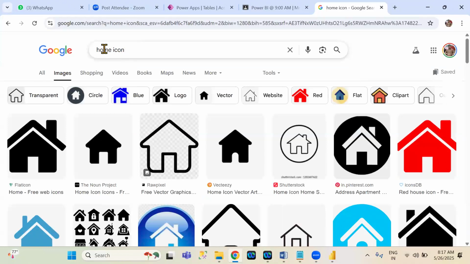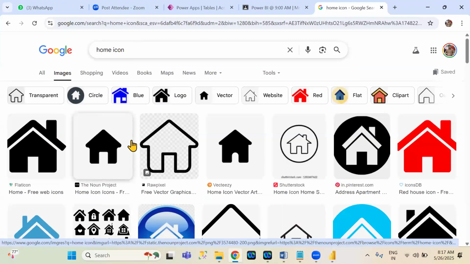Just type this particular one in Google. Under images, there are different things. Which image you want, you can load that particular image. Suppose, for example, I want to load this image. Either you can use the images from here itself,